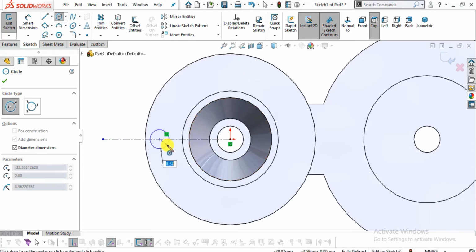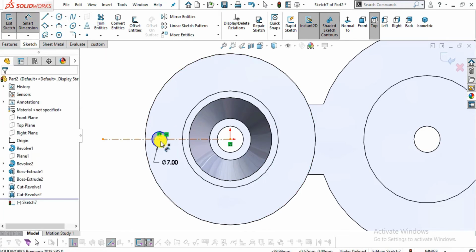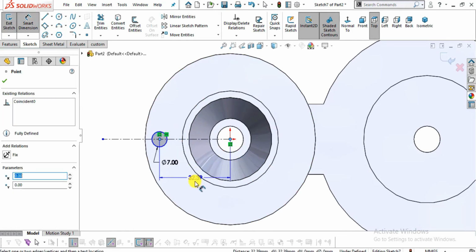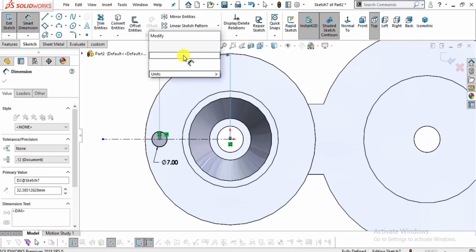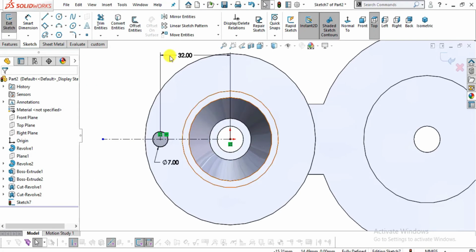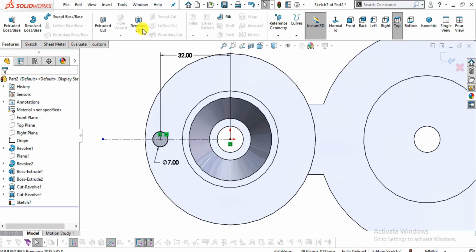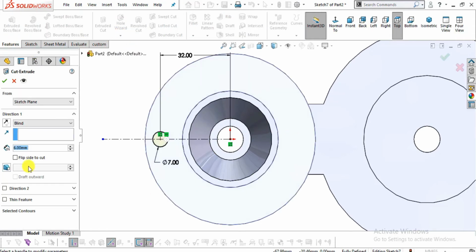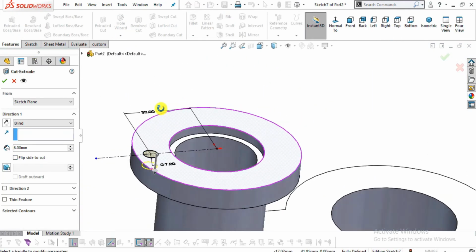Snap any point, enter the value of 7 mm. Now go to smart dimension, snap the center, and this distance is 32 from here. Now select here extrude cut, and thickness will be 6 mm, or you can select through all.